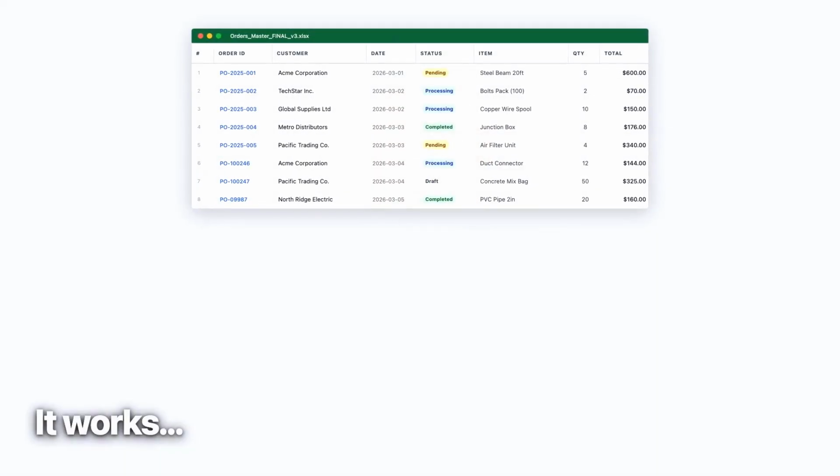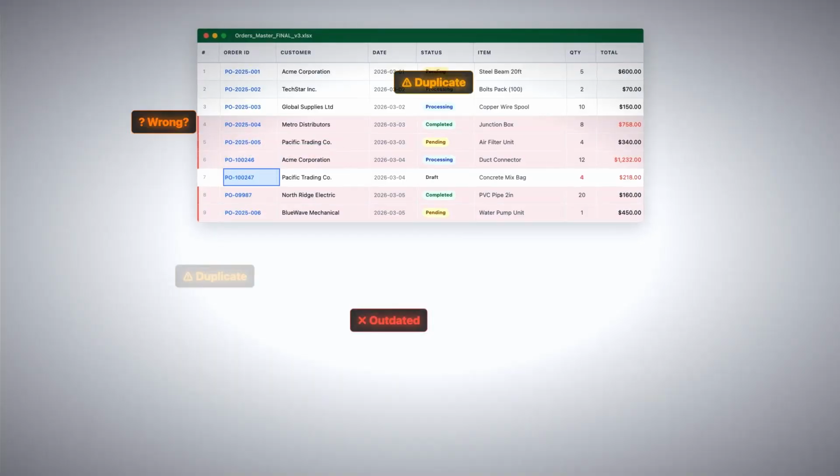This spreadsheet works until it breaks and business becomes hectic. You start with something simple, a few rows, a few columns, then suddenly you have duplicates, manual updates everywhere, and no one knows what's actually correct anymore. If you're running your operations in spreadsheets, I'm going to show you how to turn that into a real working app using Zite. I'll walk you through an actual example and how this becomes something you and your team can